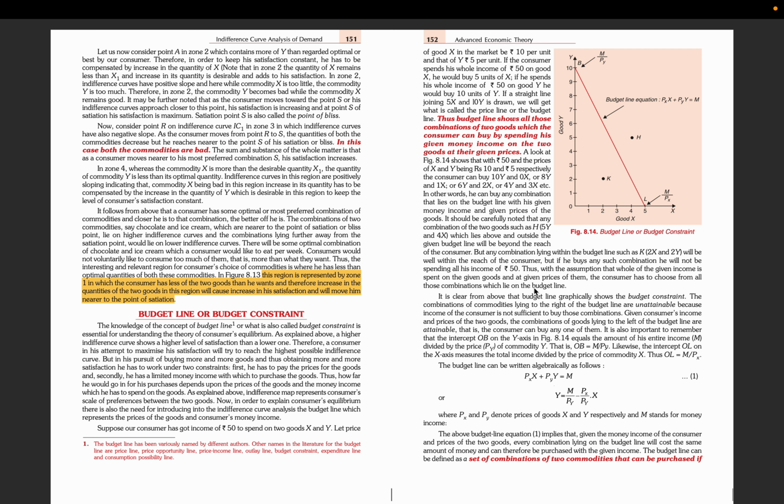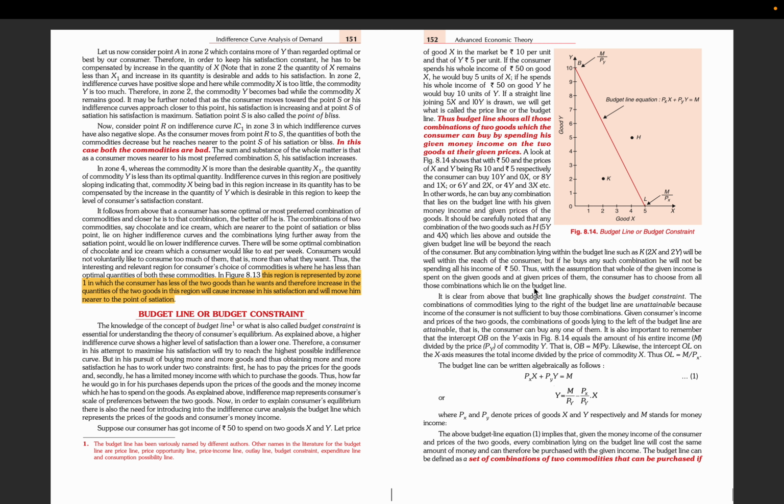Straight line or budget constraint. The knowledge of the concept of budget line, or what is called the budget constraint, is essential for understanding the theory of consumers' equilibrium. As explained above, a higher indifference curve shows a higher level of satisfaction than a lower one. Therefore, a consumer, in his attempt to maximize his satisfaction, will try to reach the highest possible IC, but